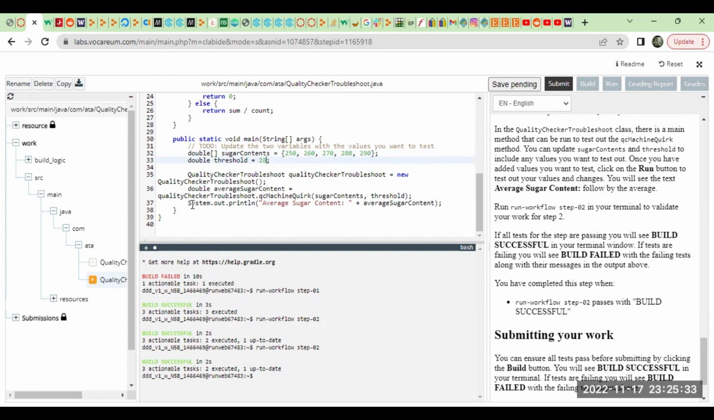After that, there's a System.out.println at line 37: "The average sugar content:". It should print out the average sugar content, right? But it didn't show us here. So what I suggest you guys download is the